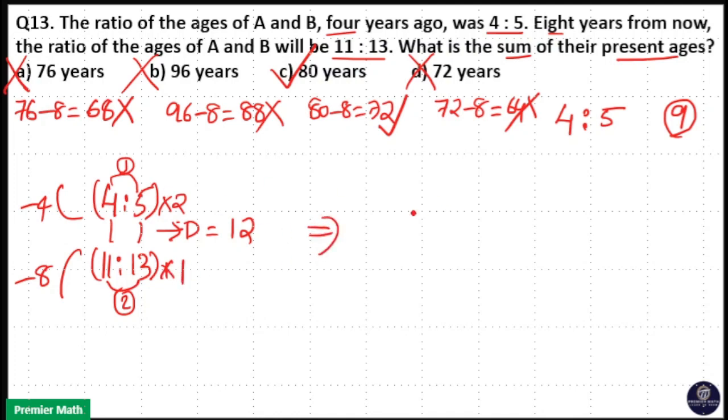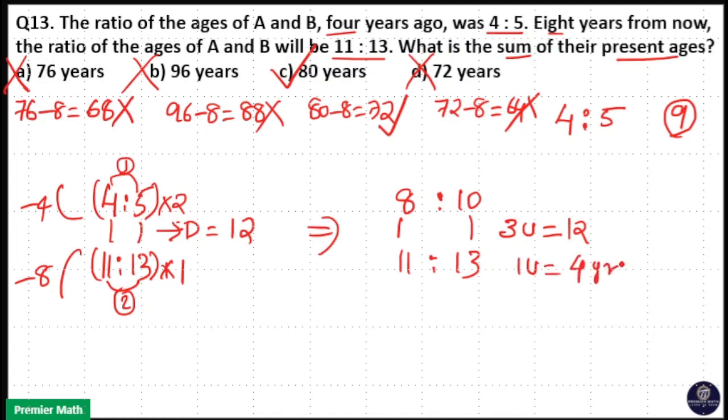So that means 4 into 2, 8, 5 into 2, 10. Here 11:13 into 1, 11:13. Now you can see the difference between 8 and 11 and 10 and 13 is the same. That is 3 units. 3 units is equal to 12 years. That is, 1 unit is equal to 4 years. So your answer will be 4 years ago. The ages will be